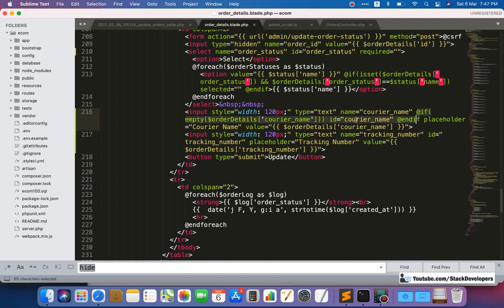And in the same way we are going to add the condition here as well. If it is empty, then we are going to show the order details tracking number.